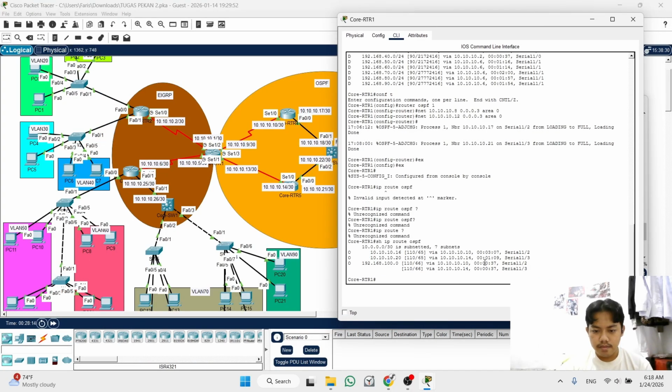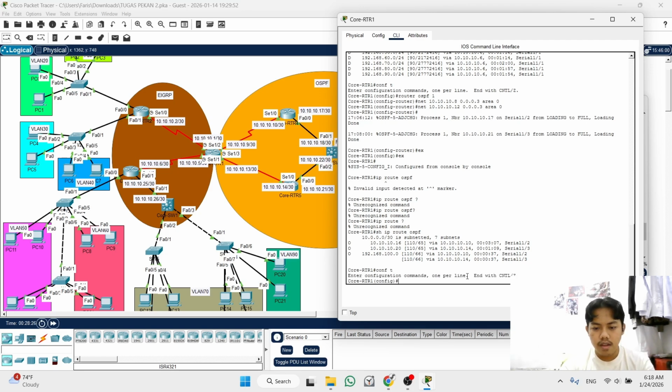Firstly, we will configure redistribution for OSPF first. I think for EIGRP it is easy. If we want to configure redistribution for EIGRP, we go to the OSPF first.